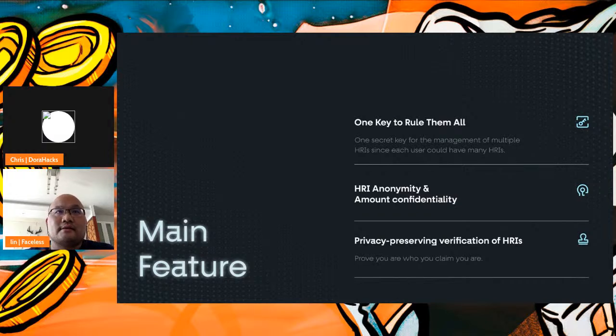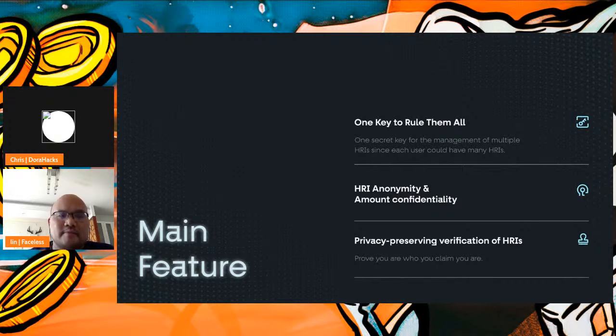So the main technical features contain 3 ones. The first one is about one key to manage more. This is also what we learned through this project: users hate managing private keys, right? On the other hand, you can see a user could have many HIs, right? Many instances of HIs. So how to enable the user to manage all these HIs using one single master key is a question we need to address, right? In fact, we can even make the management of this one single master key completely transparent to the user. Basically, we'll make it keyless, right? But this is something we will mention in a later phase of this talk.